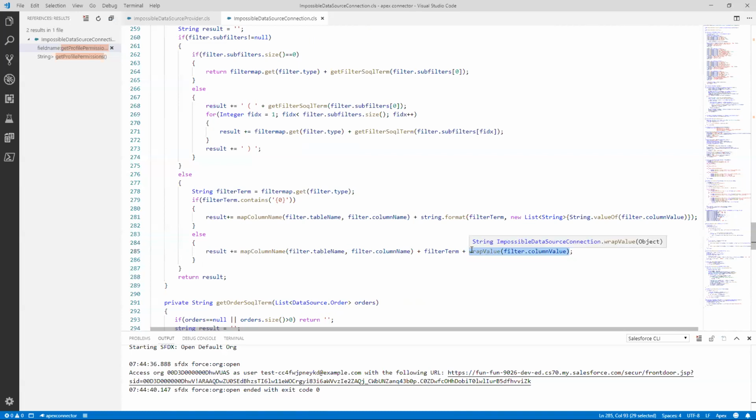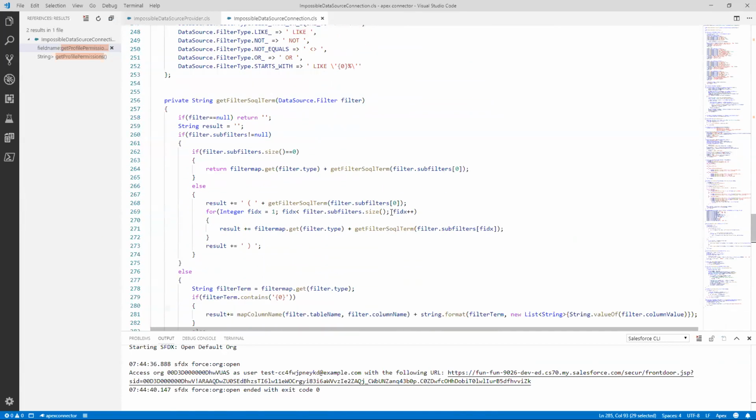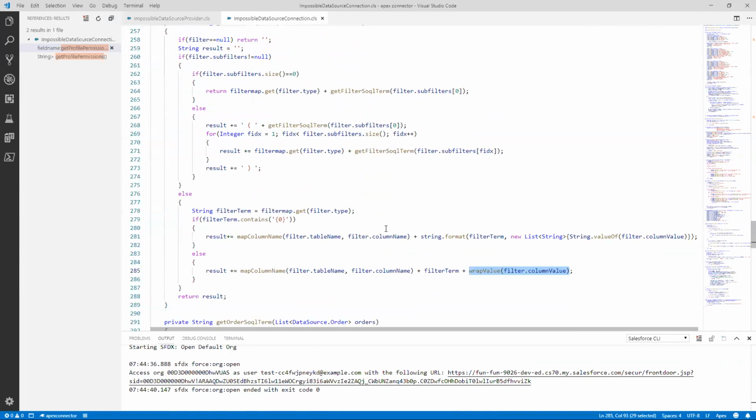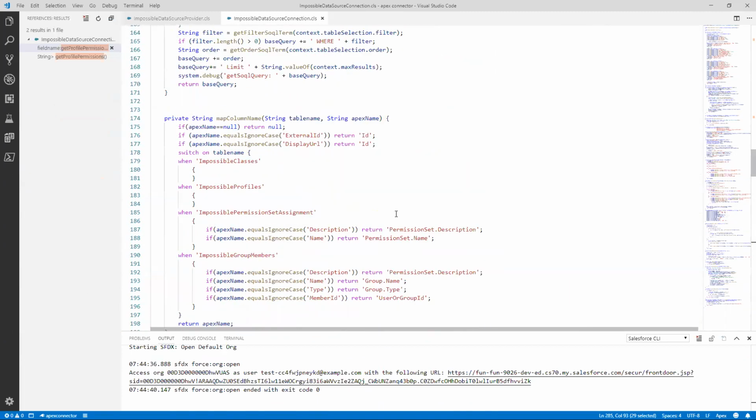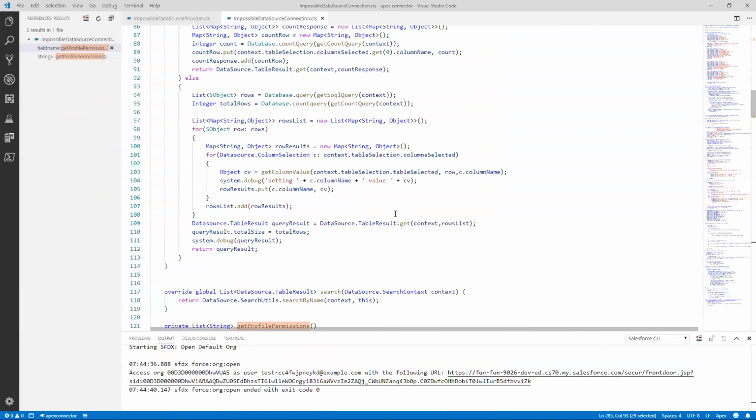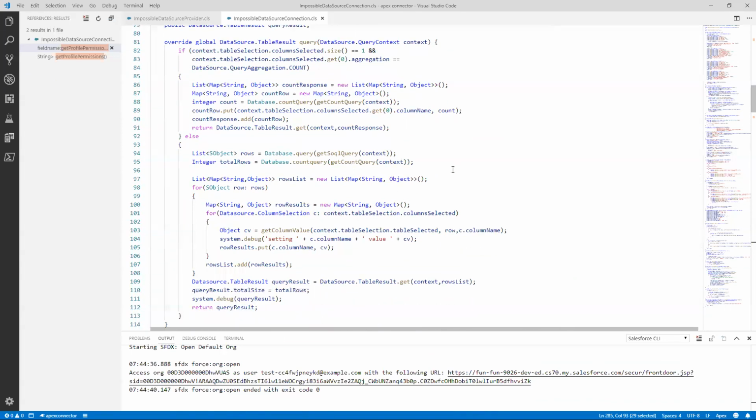So basically, it's a really neat example of table-driven recursion that, in theory, and again, I haven't tested it out thoroughly, but in theory should very, very easily recreate the original SOQL filter, and that's it. As I said earlier, it queries it in query. We get the rows, we shove the results into the rows, and we return it, and everything works, and it's just sort of like magic. So that's the walkthrough of the data source code,